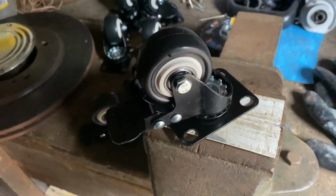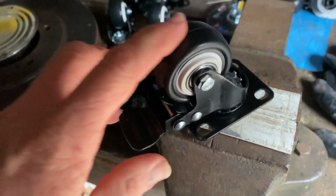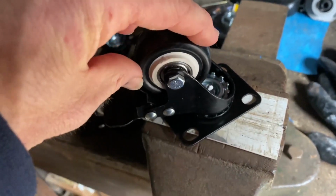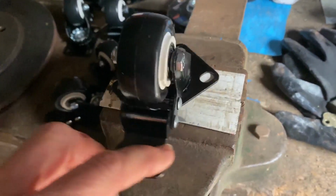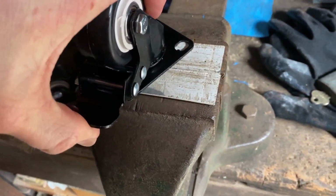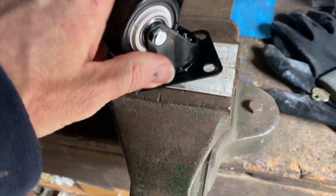So my new caster wheels have just arrived. Nice big, or nice little, 50mm 2-inch wheels that swivel, and when they lock for spinning they also lock the swivel, which is perfect for the bottom of this cabinet. So that basically means